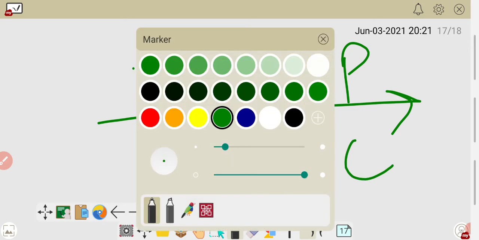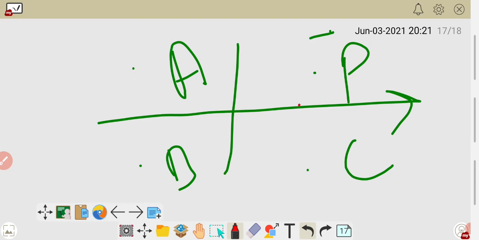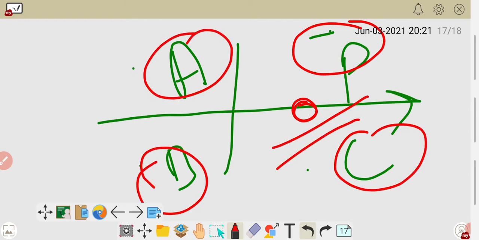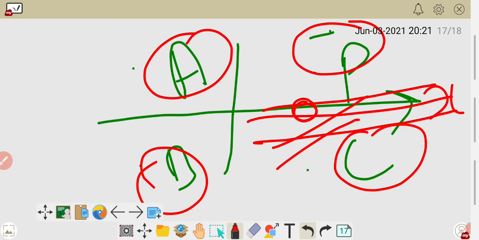But if the point lies here on the x-axis, then what do you say? It is not in a quadrant. Here is the first quadrant, here the second, here the third, here the fourth, but this is not a quadrant, so you have to say it lies on the x-axis. If it is on the right side, you say it lies on the positive x-axis. There, you say it lies on the negative x-axis. In the same way, if it lies here, you say it lies on the y-axis, and here the negative y-axis.